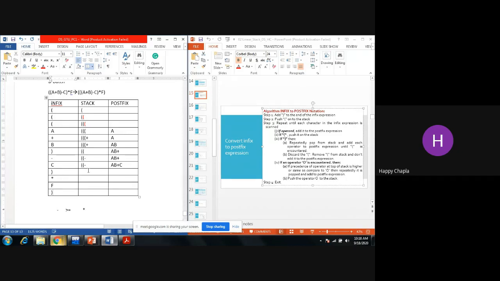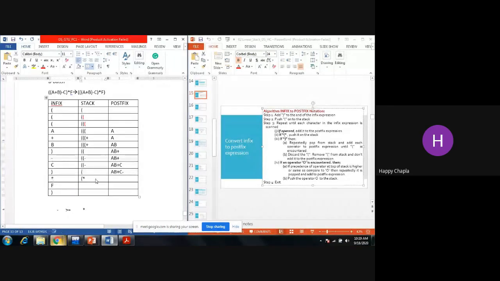Okay. So if I'm encountering any closing bracket over here, what is the rule? Whatever the elements in the stack, we need to pop out those elements, right? So A, B plus, C and minus. Okay. We need to remove that bracket, and minus is also removed. Okay, pop out from this stack. Now we have one starting bracket. Now I'm encountering star. So what is the rule?